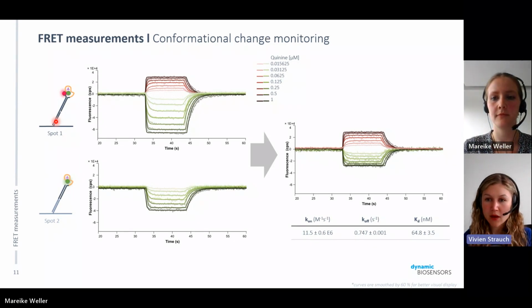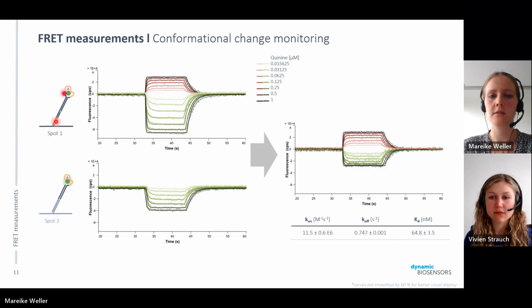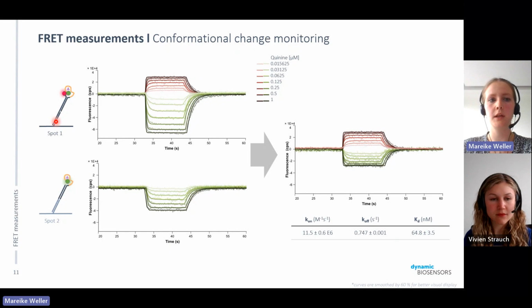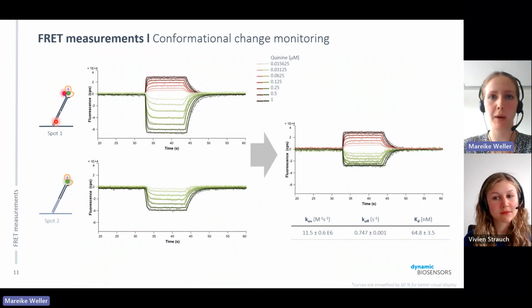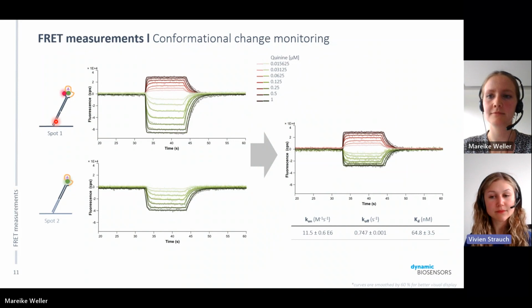And can you tell us something about the pH conditions you used in the experiments? So this was done at a pH of 7.4 and 140 millimolar salt, just also because for this aptamer, which is very well studied, there are many publications about the buffer conditions, and also the resulting KDs here. pH can be very destructive, so maybe I can use this as a transition to the next question: